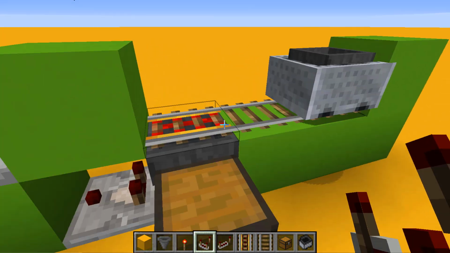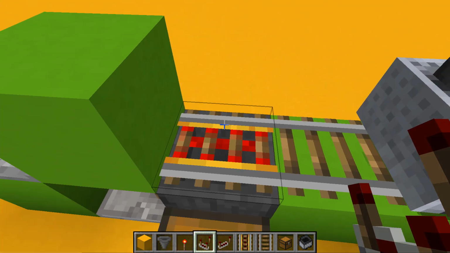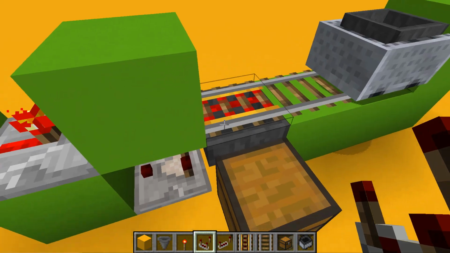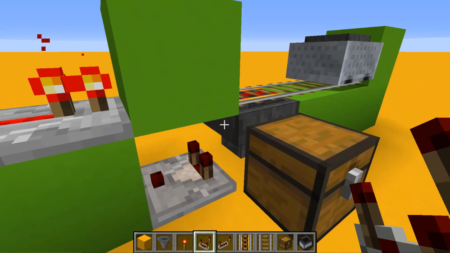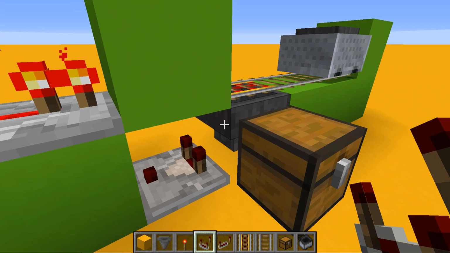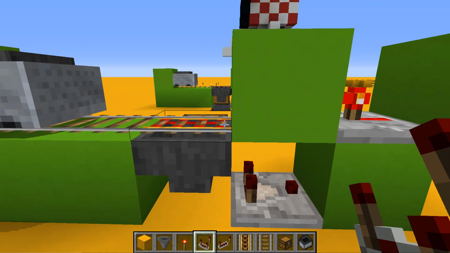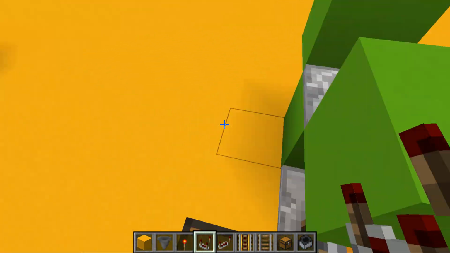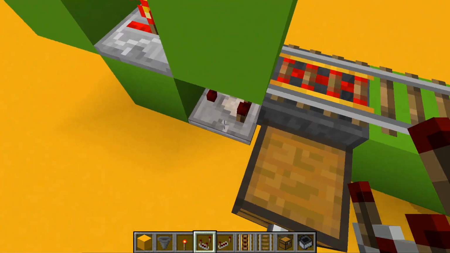In this situation, what happens is the game works in ticks. So when the minecart sits here, the hopper sucks one item out of the minecart. And then because there's an item on there, on the next tick, it pushes the item into here. So this acts in 2 modes. It sucks and it pushes, which is fine. So basically it sucks, it's counted, then it pushes, and then it sucks another item, it's counted, and then it